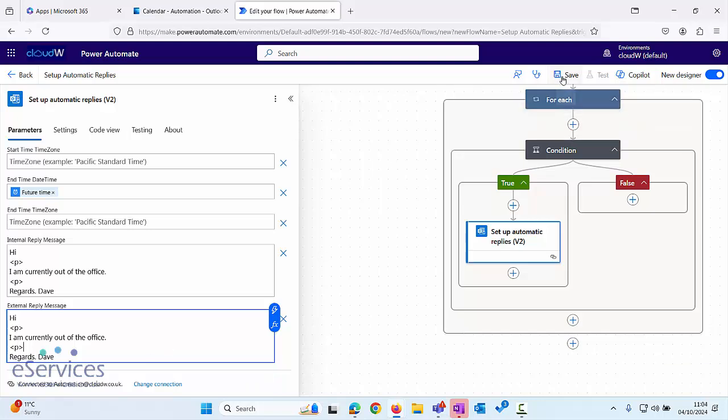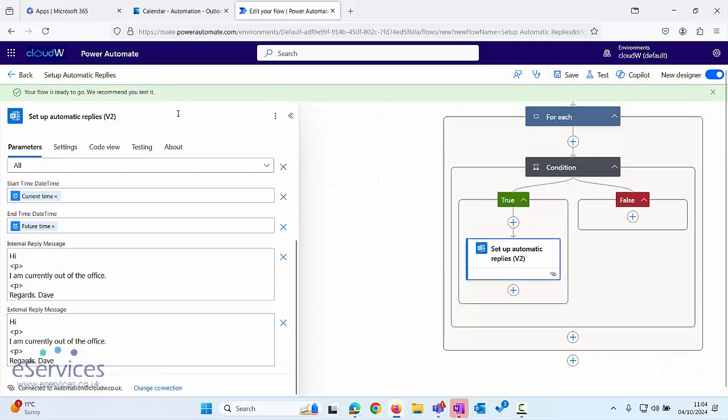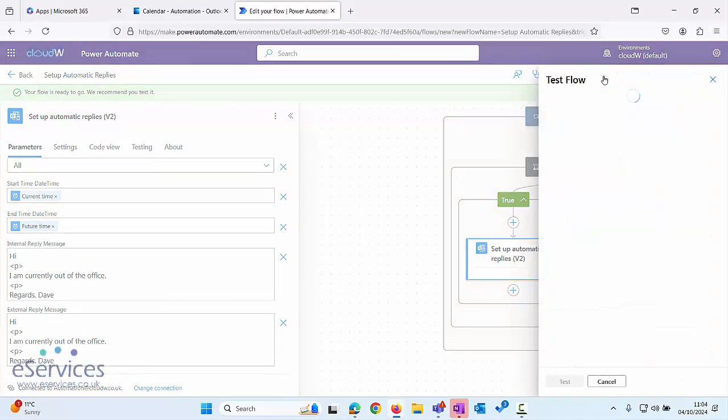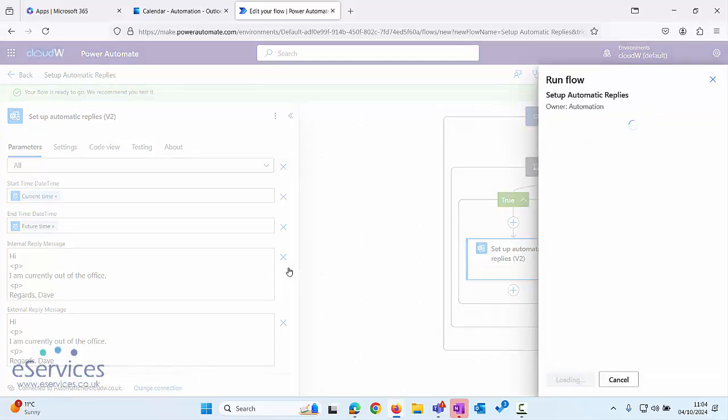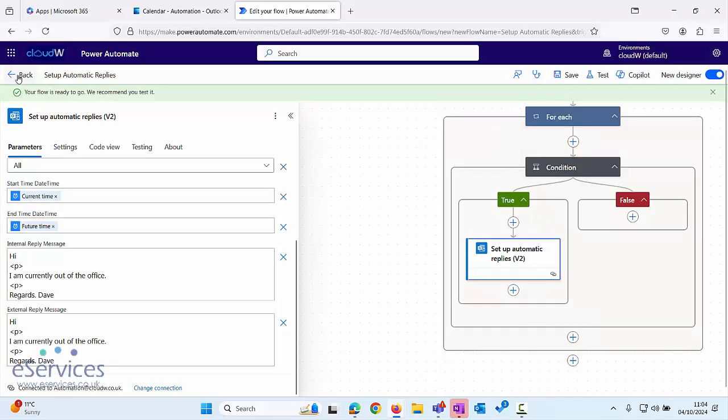Okay, that's it now. It's all done. So you just click save. You'll see it says saving, and then once it's done, it says your flow is ready to go. We recommend you test it. If you just click on test, click on manually and test, run the flow, it'll say that it started successfully. To monitor it, you go to the flow runs page, click done. If you just click back,